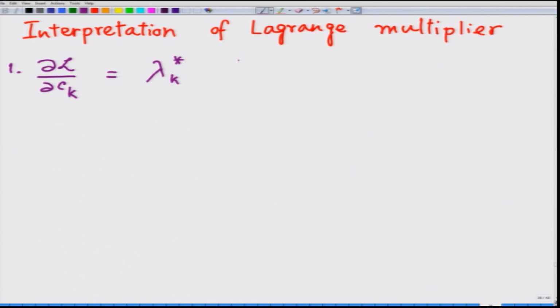And of course, in the case that we were dealing with, k takes 2 values because we were dealing with 2 constraints. So, these c are the parameters c1 and c2. So, this Lagrange multiplier is the rate of change